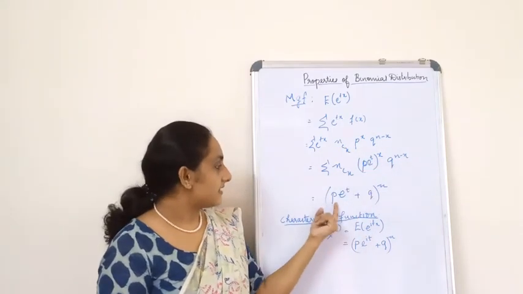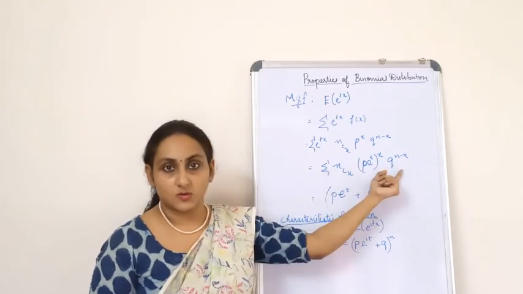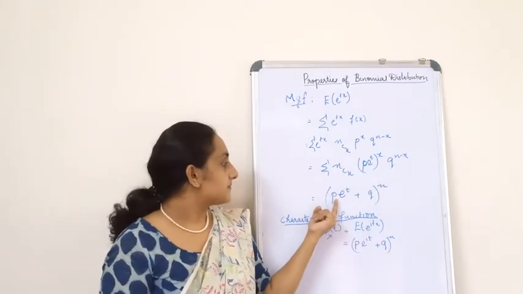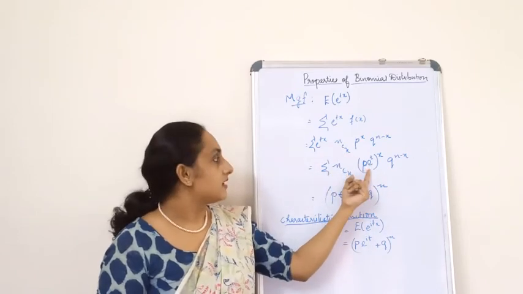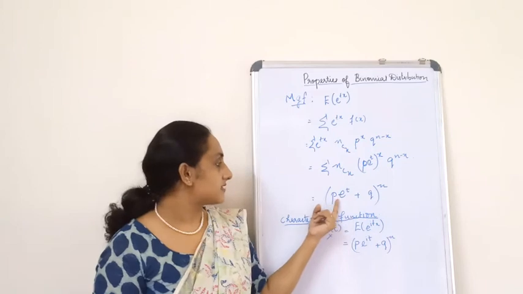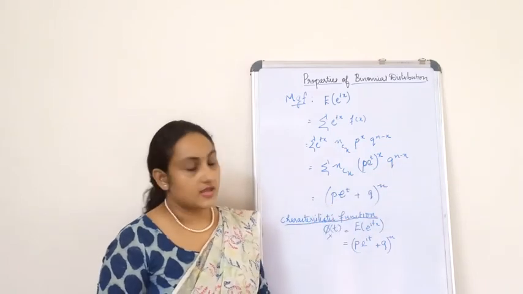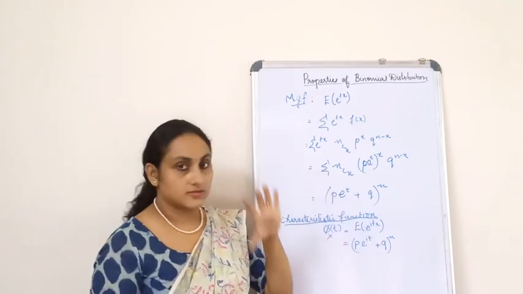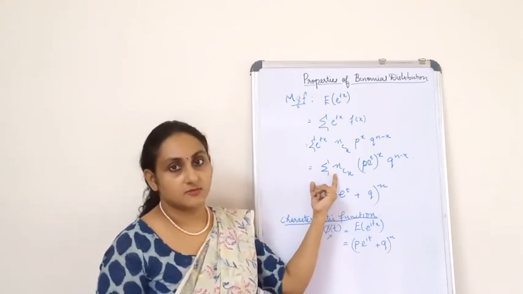Yes, it is the binomial. If you expand this, you will get a binomial expansion, and that binomial expansion is nothing but p e raised to t. Usually we write p only, but here we have clubbed p and e raised to t together, so you can write p e raised to t plus q the whole raised to n. If you expand this, you will get the expansion of this term also.